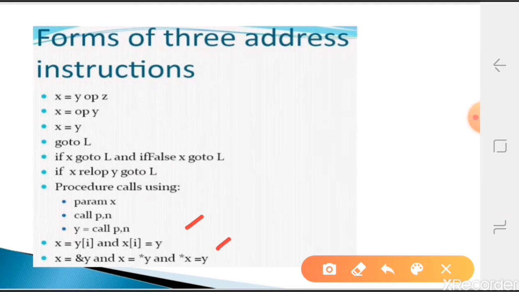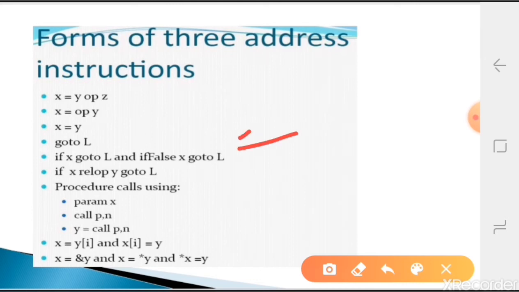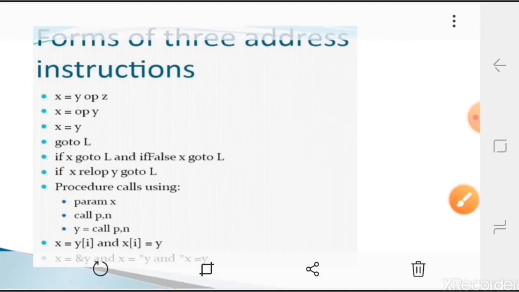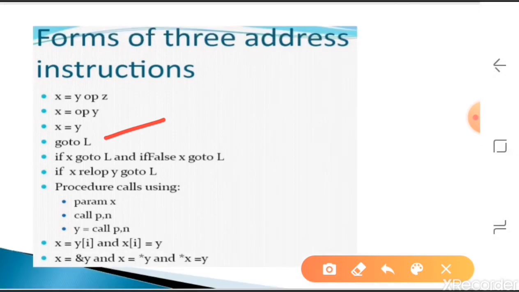If you observed, we don't have anything for loops here. Normally in C you use loops, that is for loop, while loop, do while loop. In higher level languages also, all those loops are converted into if conditions and jump statements, that is go to statements. By combining those two we can write the loop. That's why we don't have anything related to loops here.